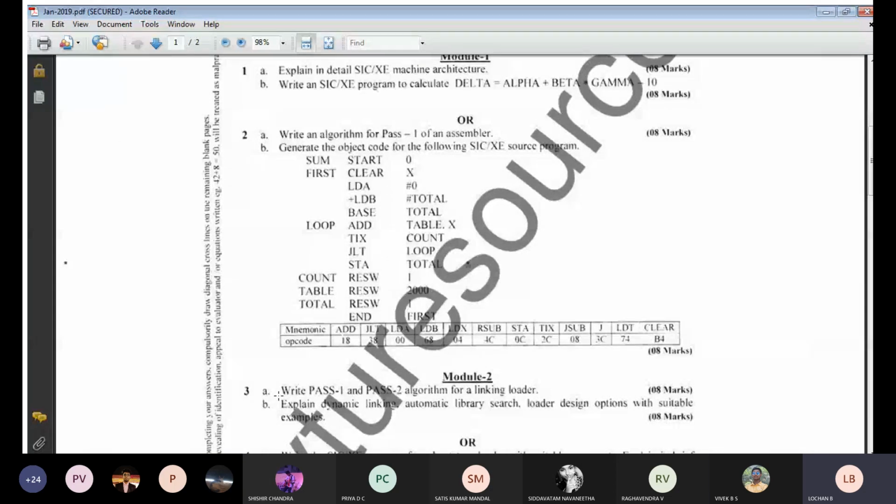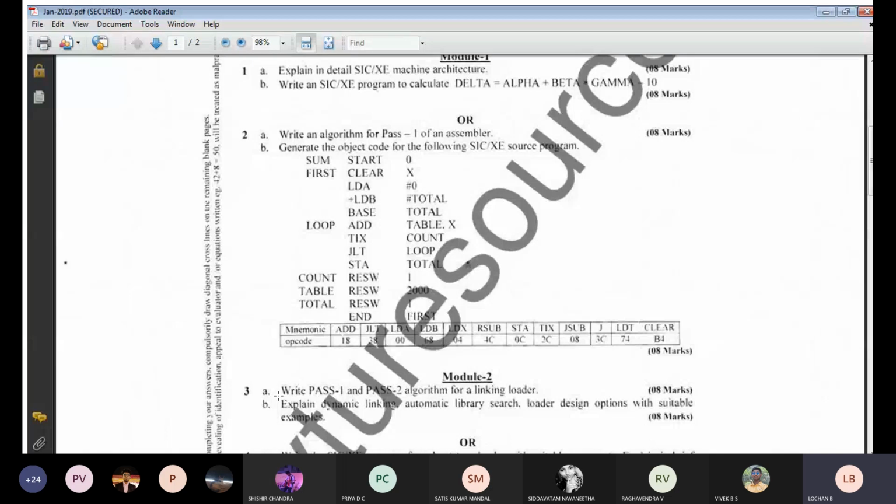So in the 2B question in your examination, they are going to give only the label part. They are going to give the instruction part, and they are going to give the addressing part. So what we have to calculate is the left part I'm teaching, the location, for example 0003. After that, for the next instruction you need to get the next address. For example, in this question paper, they have given START 0. What is the starting address? We need to get 0000.